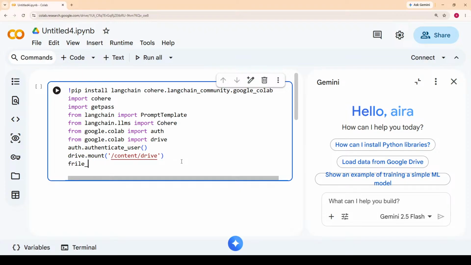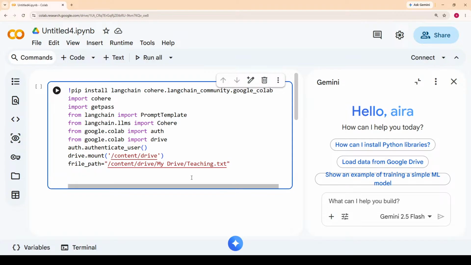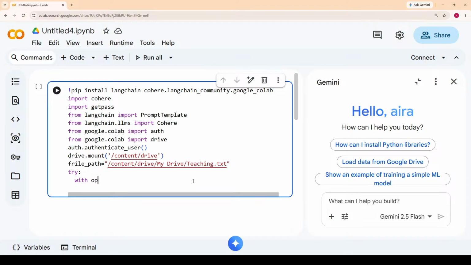Next, file_path is equal to "/content/drive/MyDrive/teaching.txt". Then try: with open(file_path, 'r', encoding='utf-8')